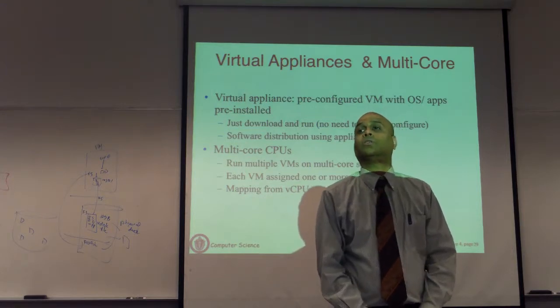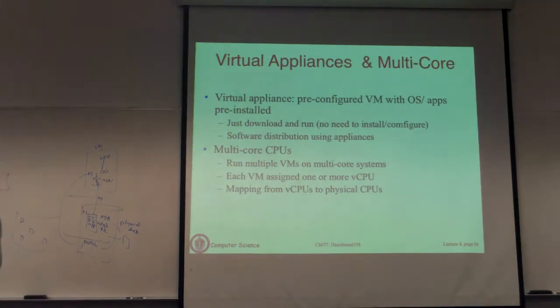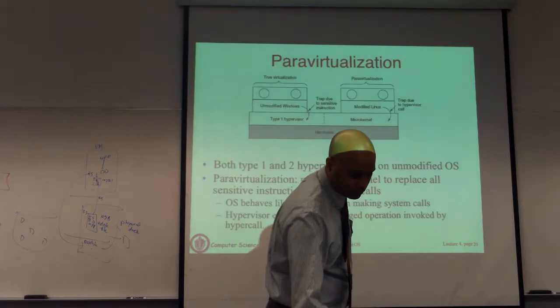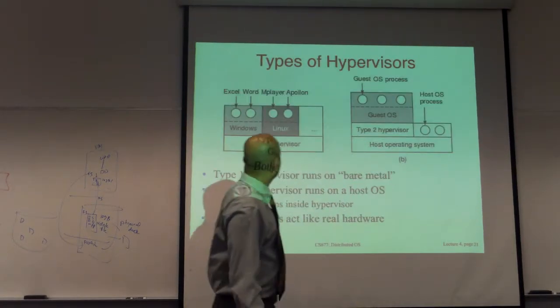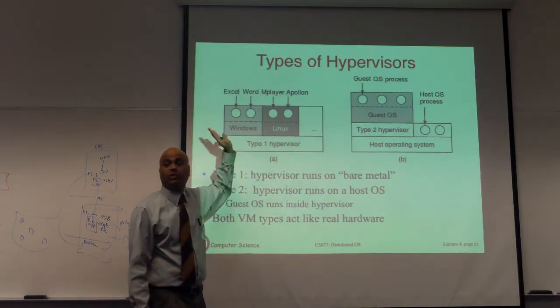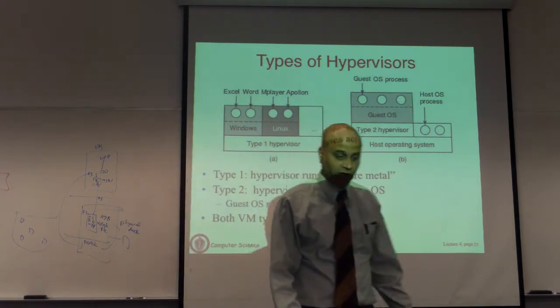Can you answer questions? In which category does VMware's ESXi fall? ESX and ESXi fall under type 1, a bare metal hypervisor. Go back a few slides, so it's going to be here. That's type 1, so it runs on bare metal. There's no kernel running. You just boot up the hypervisor. You don't boot an OS, and then you create virtual machines in there.